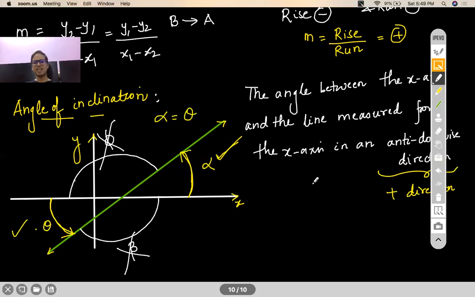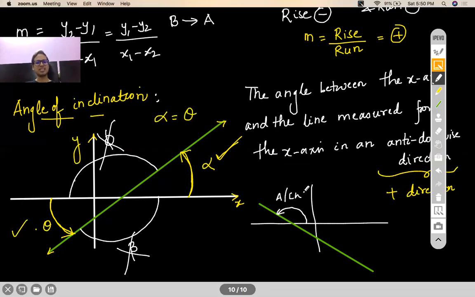So let's say a line was like this, let's say like this, okay? That means it is not cutting the positive x-axis. Won't there be an angle of inclination for this? There will be, isn't it? So this is the angle of inclination. Start from the x-axis till you hit the line, moving in an anti-clockwise direction, my dear. That angle would be your angle of inclination. So this angle would be your AOI. Are you getting my point?